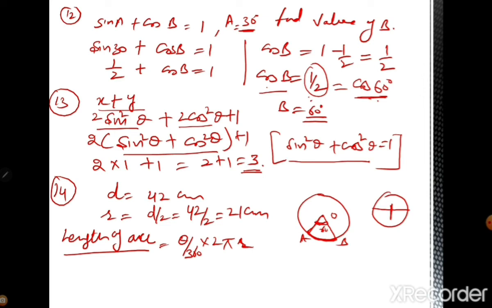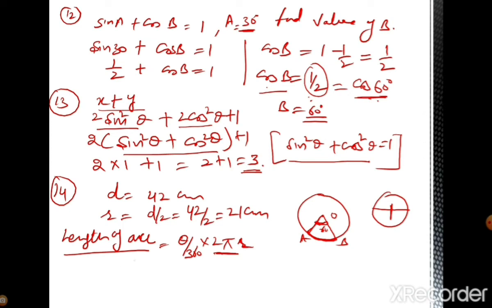If you are given the area of the sector, then you can substitute the value. One is the length of arc and one is the area of sector, where we'll substitute pi r square. So these two are the main formulas that you have to remember. Either this may come or that may come. Both are based upon the formulas, so you have to remember these formulas first.